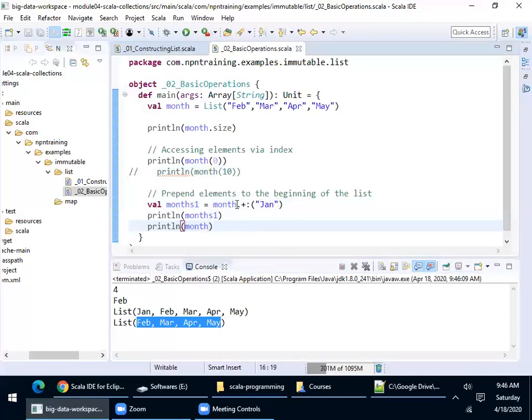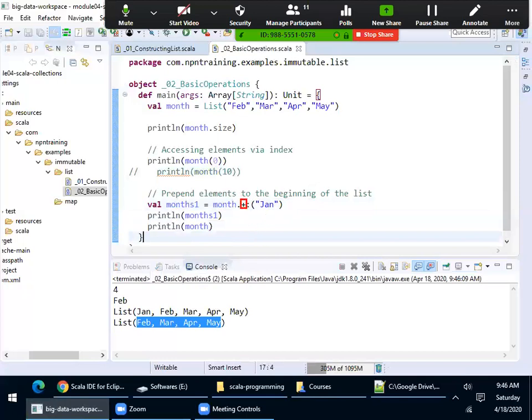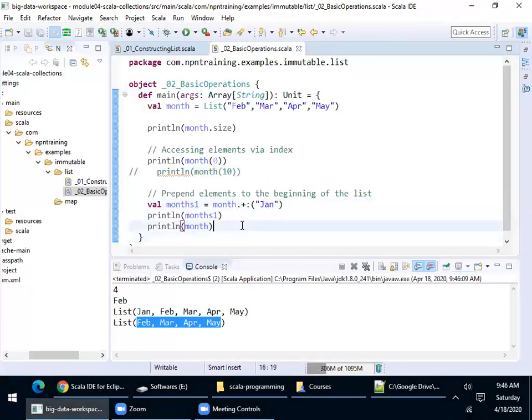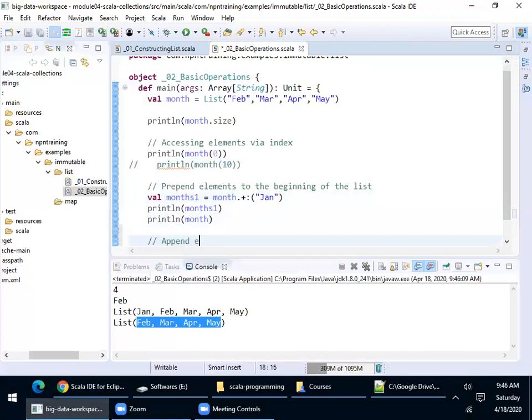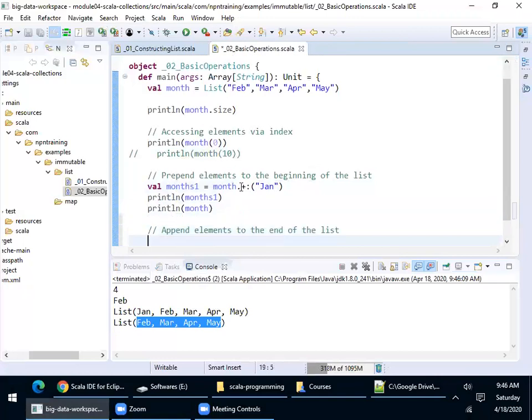Let's see, so you have to learn this syntax by heart. If you want to prepend elements to the beginning of the list, how do you remember this? Can you see this? When you say plus after dot, dot is a way to call a method, right? When you say plus, that means you're trying to add the element to the starting position. If you want to append elements to the end of the list, look at the syntax. What we saw here, plus comes immediately after the dot. So the January will be added to the starting position.